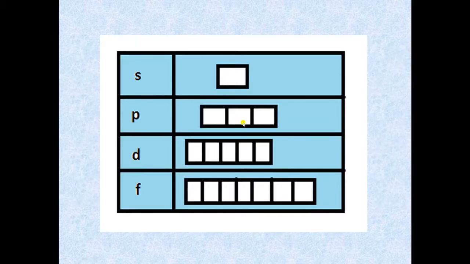So now we know that in s subshell only one orbital can be possible. So this is the orbital which is present in s subshell and it is known as s orbital. And in p subshell, total number of orbitals are 3. Okay, so this is px, this is py and this is pz. In d subshell, 5 orbitals can be possible. Okay, this is dxy, this is dyz, this is dzx and this is dx square minus y square and this is dz square. So 5 orbitals are possible in d subshell. Okay, and these are known as d orbitals.